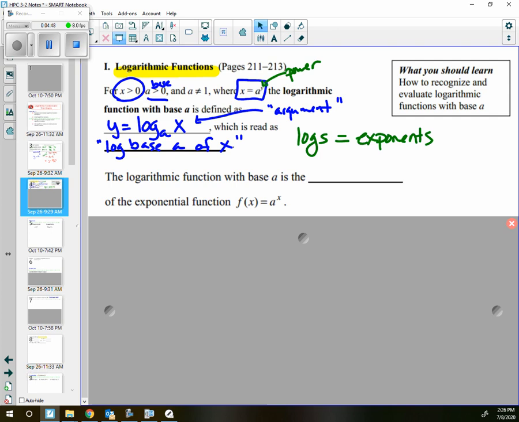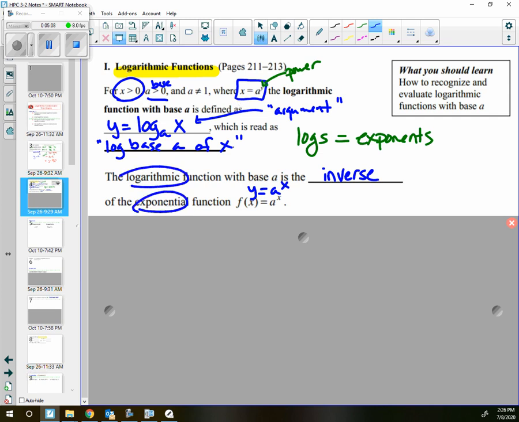And logs is the inverse, or the opposite operation of our equation y equals a to the x. So it's the inverse of an exponential. So the answer to a log sentence is an exponent. So the value is an exponent. It's the inverse of the exponential function. So logs and exponentials are inverses of one another. So they have lots of different properties because they're inverses, and that's what we're going to be looking at today